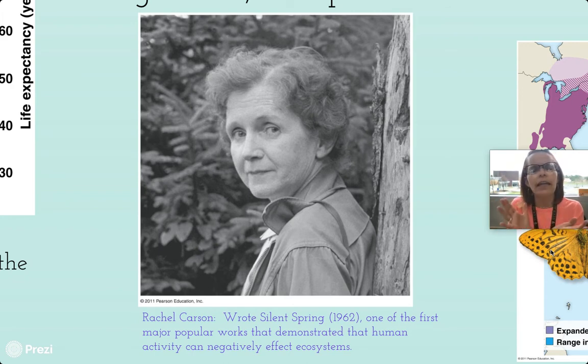And so the only impact that we saw was that the eagles, when they would mate, they would do all the right things, they would build a nest, sit on their eggs, but the eggshells were soft. And they weren't supposed to be. And so when the eagles sat on their nests, their eggs would tear open and their babies would die. And their reproductive rate dropped dramatically. And they almost went extinct.